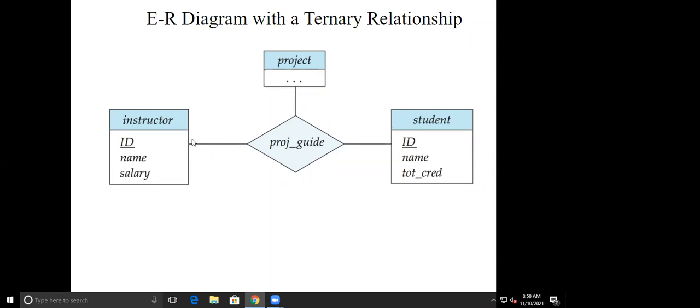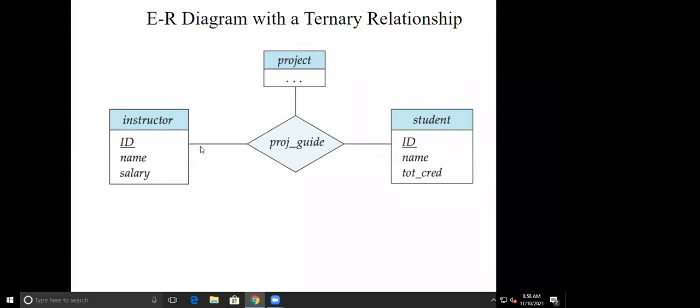So whenever we are showing a one to many relationship with respect to the instructor, we are implying our normal rule. But when it comes to the relationship between project and student, a student can have only one project.